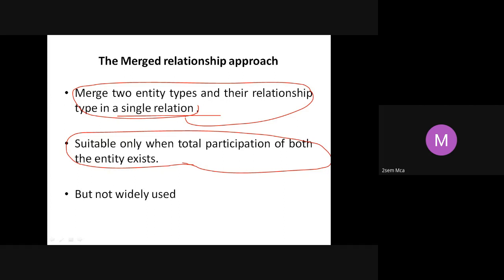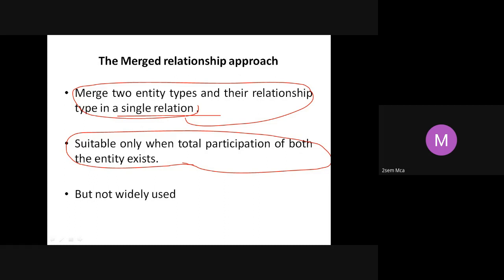If you look at our plays for table in yesterday's example, the player plays for team. If you see there, it is total participation on both the sides. Every team should have some players. Every player should play for some team, right? It's both the sides total. What we did for plays for, we created a new table in which we included team ID and the player ID also.